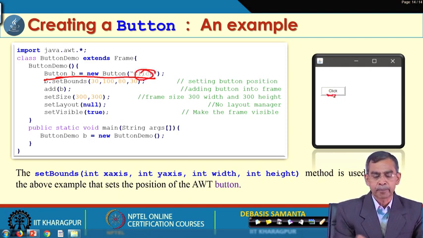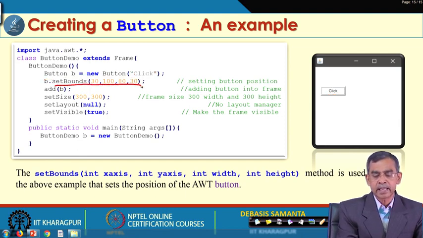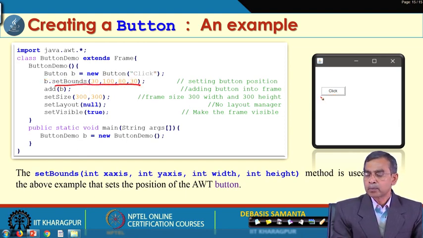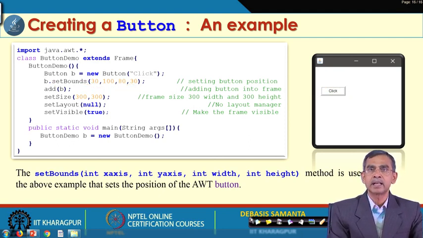So it is a click like, and setBounds, this method basically says what is the location of the button. This is basically 30, 100, this is the location, and 80, 30 is basically this is 80 and this is 30. This is the width and height like this one. So setBounds method is declared in a Component class, so it can use it.